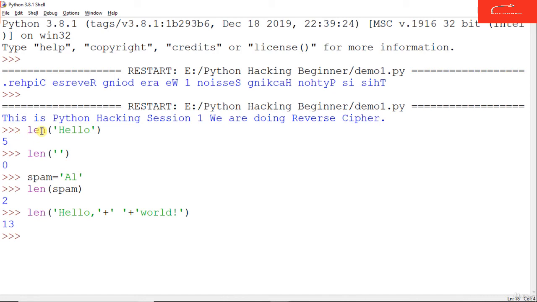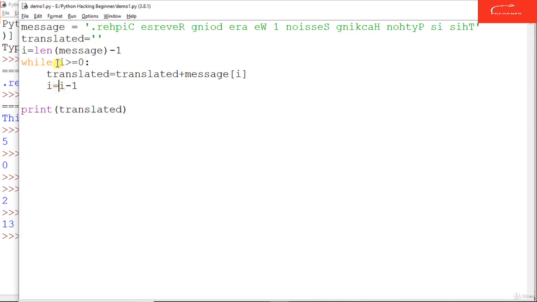So after this particular function that we have used, the next thing we run is a while loop here. Okay, so over here we have given an instruction to Python that a while statement is basically made up of 4 parts. The first is the while keyword. Then we have the condition, that is i is greater than or equal to 0. Then we have a colon symbol after that and the block of code which will execute if the while condition is true. So a condition is basically nothing but an expression which is used in your while statements, and the block of code in the while statement will execute as long as the condition is true.